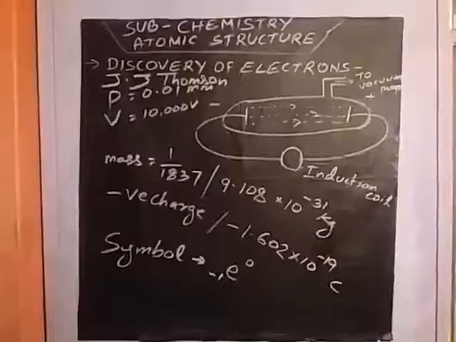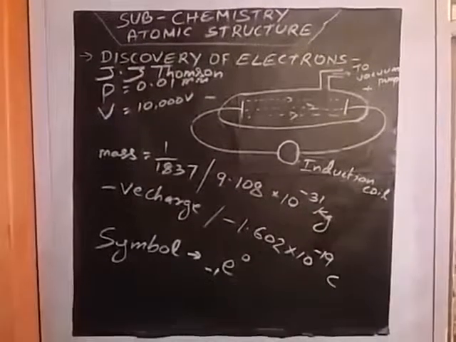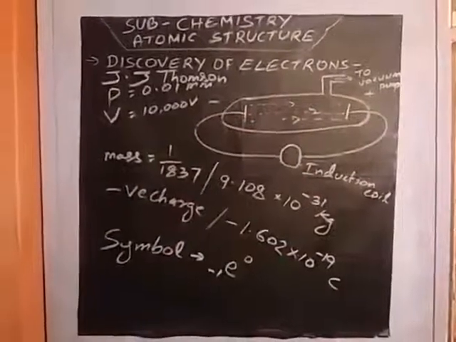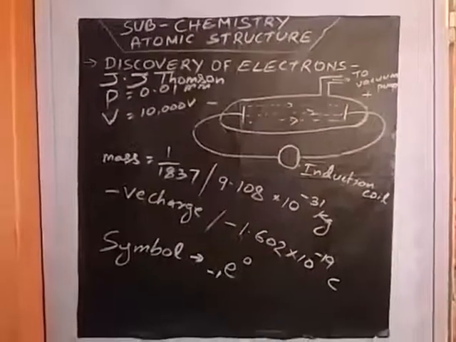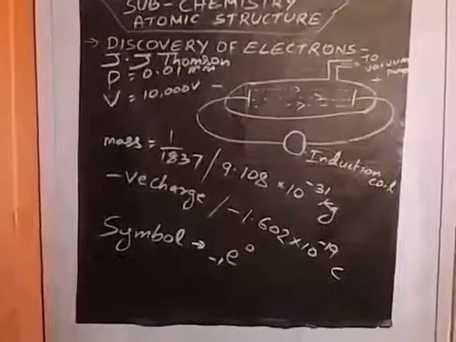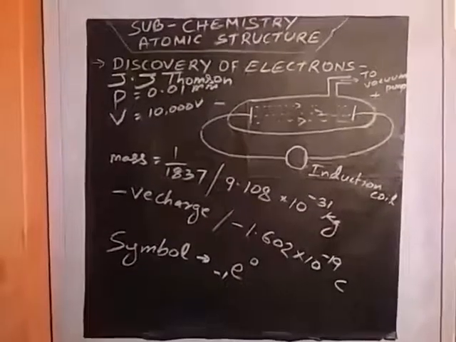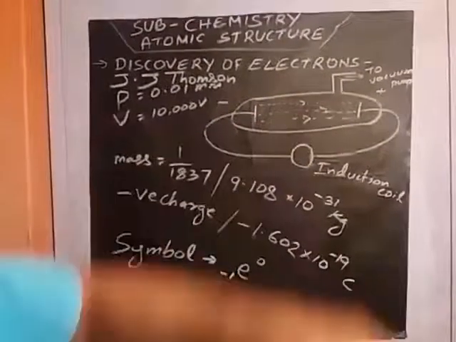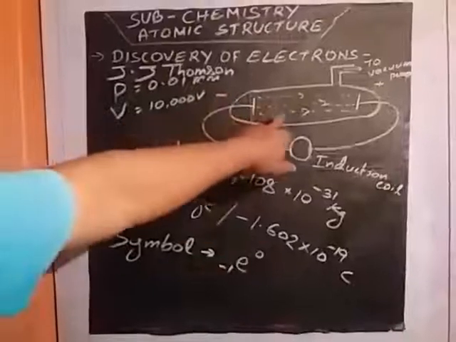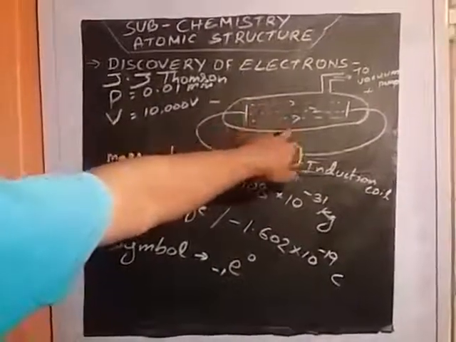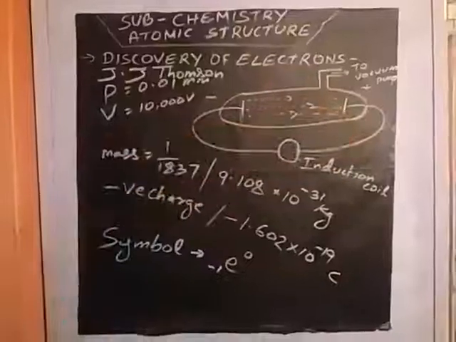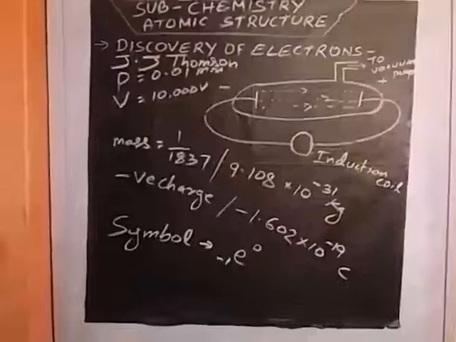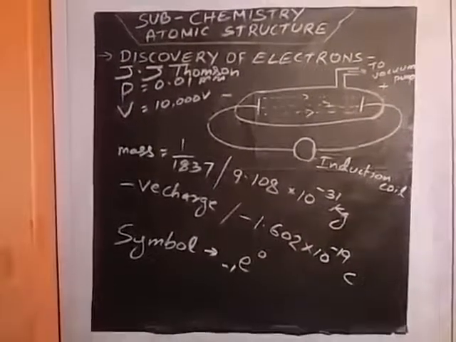So these are the properties of cathode rays. They travel from the cathode to the anode in straight lines. Second, they cause a greenish yellow fluorescence on a soda glass screen placed in the tube. They are affected by an electric field. If you put an electric field, they are affected like a magnet: negative is attracted towards the positive and positive towards the negative side, so they are deflected towards the opposite pole of the electric field.